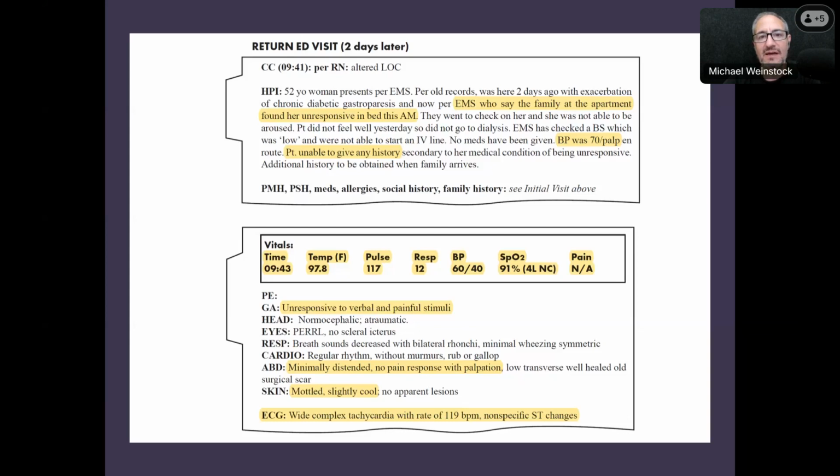Well, I have to say, Mike, these are the patients that I love to take care of in terms of resuscitation. I think all of us probably do, with respect to how this person is presenting. And you're right, we could go immediately for a lot of things. We could try to replete the glucose, look at that wide complex tachycardia, interpret it. And I think probably years ago, the way that she is presenting, unresponsive to verbal and painful stimuli, we would jump right to securing an advanced airway and endotracheal intubation.